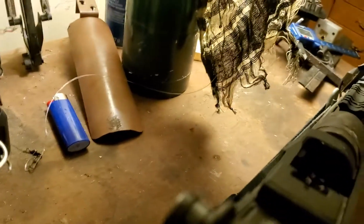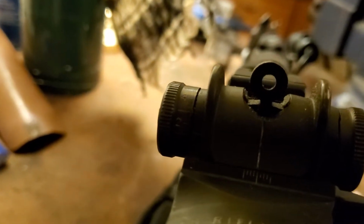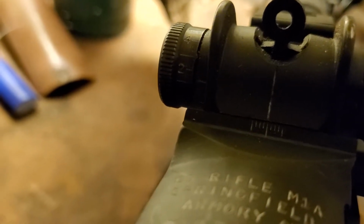Let's see if I can get around here to it. Yeah, you see it's a giant peephole, but you really can't tell if you're looking through the ghost ring, or if you're looking over it or around the side of it. You just kind of gotta, if you can break the tritium glow with the rear sight picture, you kind of know where you're at. But I find it really hard to do. But anyway,